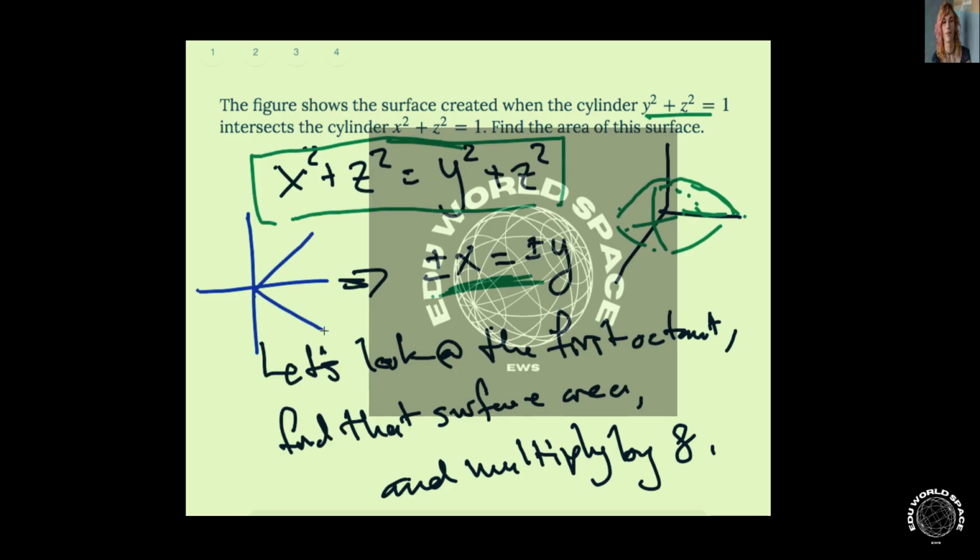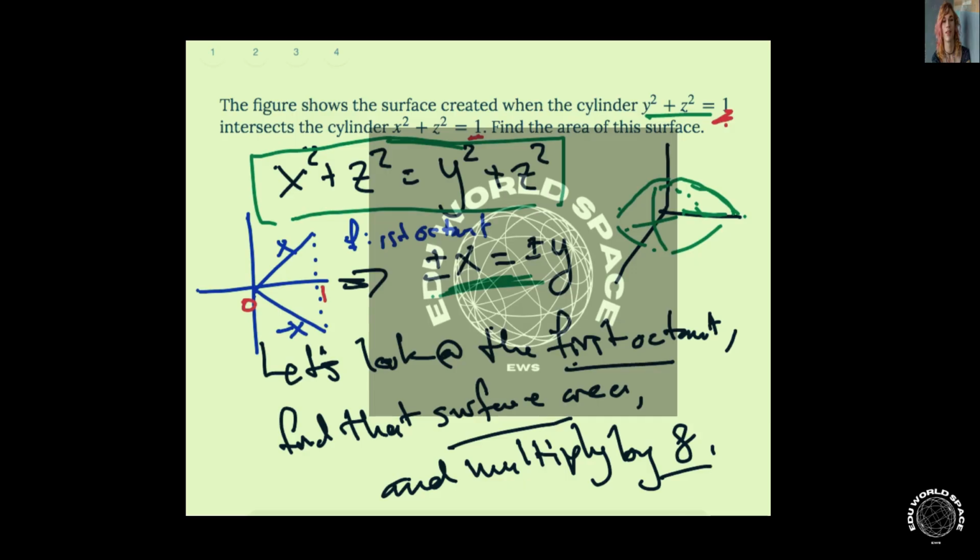And if I look at just the first octant, I'm looking at this. So I've got x, got negative x, and I'm going from 0 to 1. Okay. That 1 I'm getting from these guys here. Okay. So the idea of this problem is to look at the first octant, find that surface area, and multiply